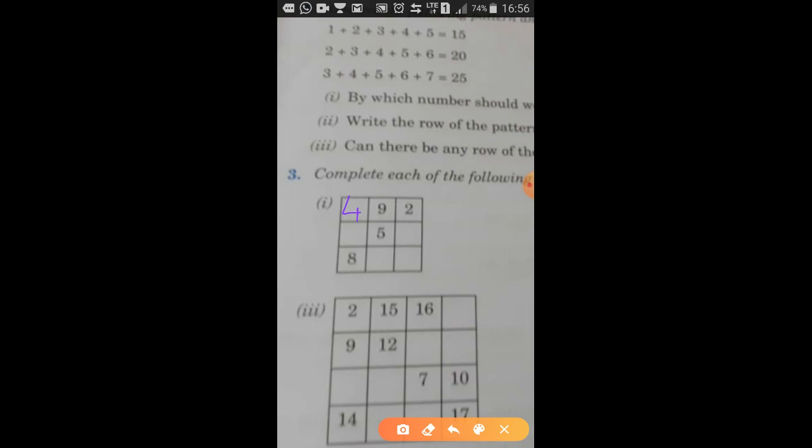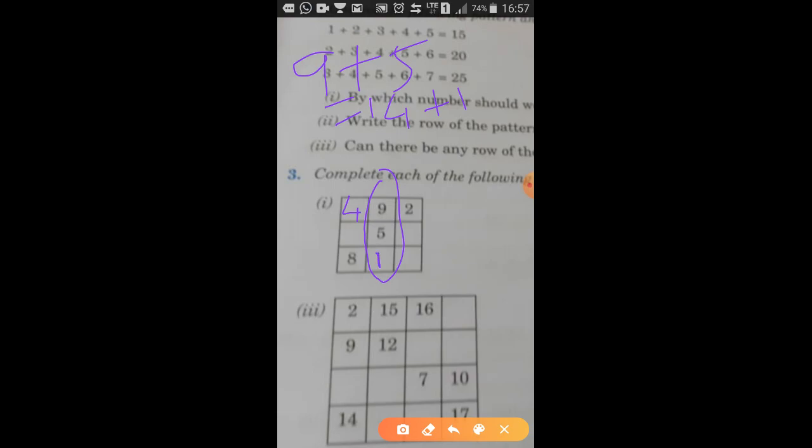Yes, I hope you have understood. Now we will choose these three boxes. You have 9 plus 5 and then an empty box. 9 plus 5 is what? 9 plus 5 is 14. So how much do you need to put in that empty box to make that 15? You need to put plus 1, yes or no, because 14 plus 1 is 15.